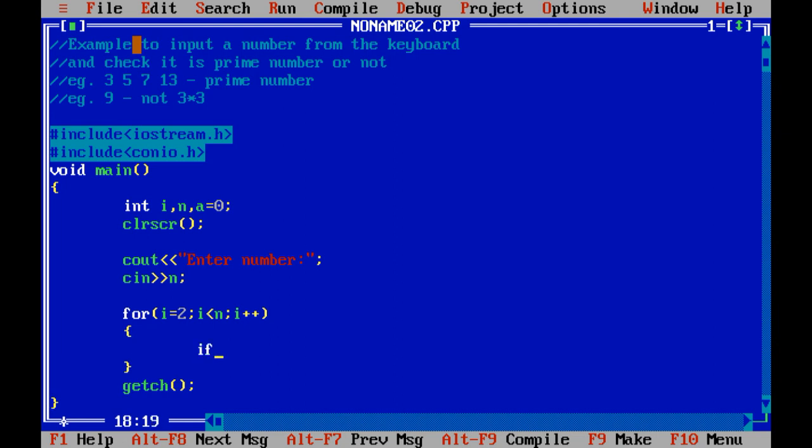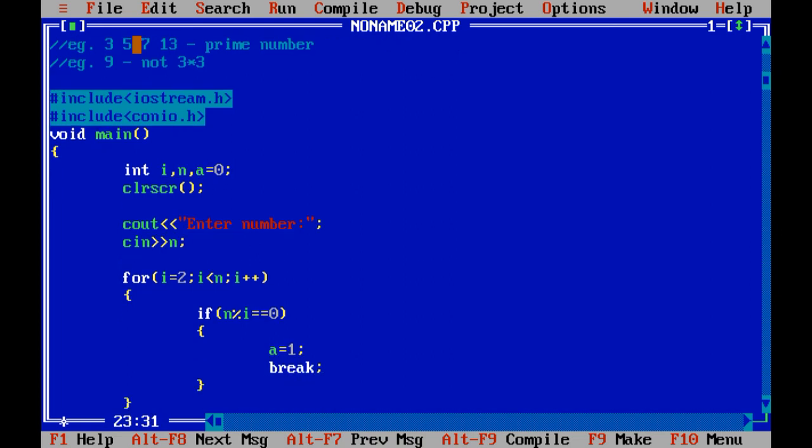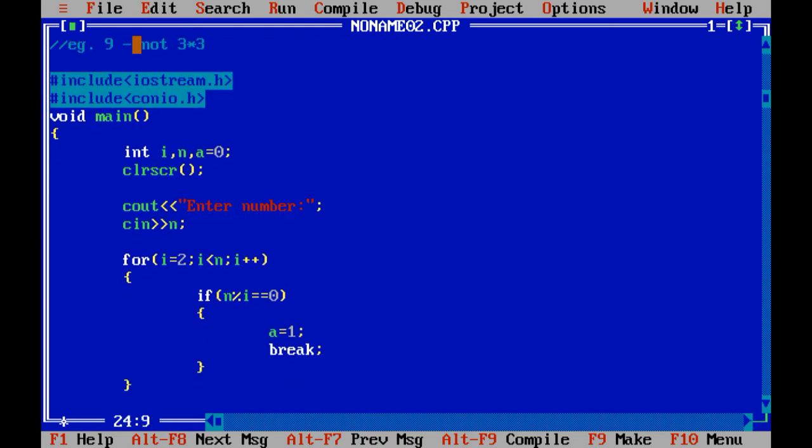Now if the value of n modulus the value of i double equals 0, at that time you need to store 1 into a and you need to break your loop. I will explain this code, just let me complete it.